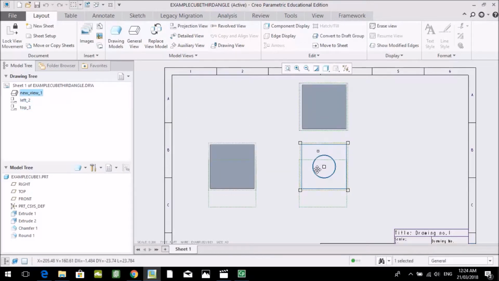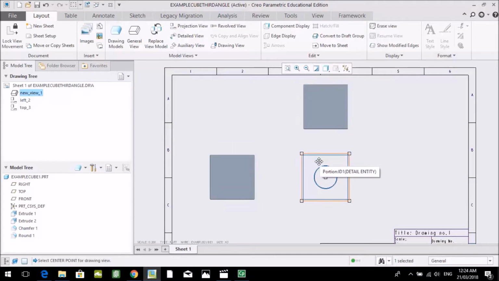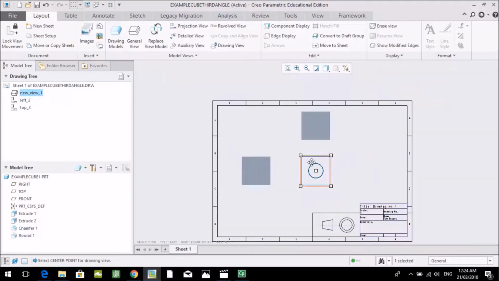Okay, so when we move around now, these all move with our center projection view, and this ensures that the drawing is aligned, and it also just makes it easier to position where our views are on the page. So we're just going to center these, and then